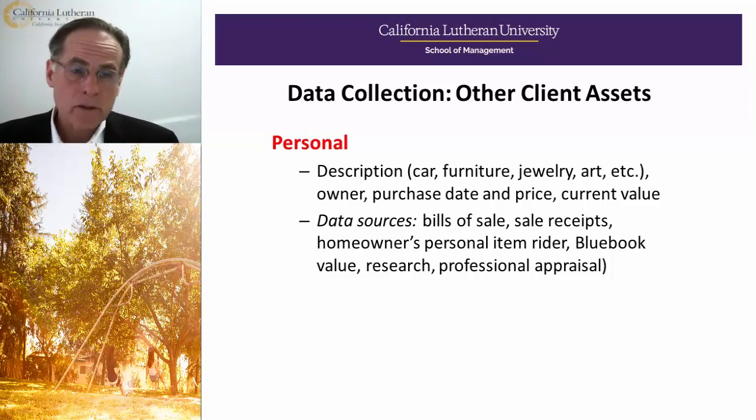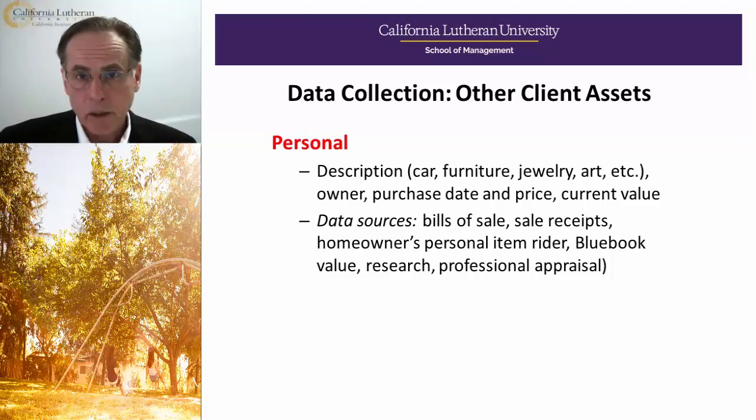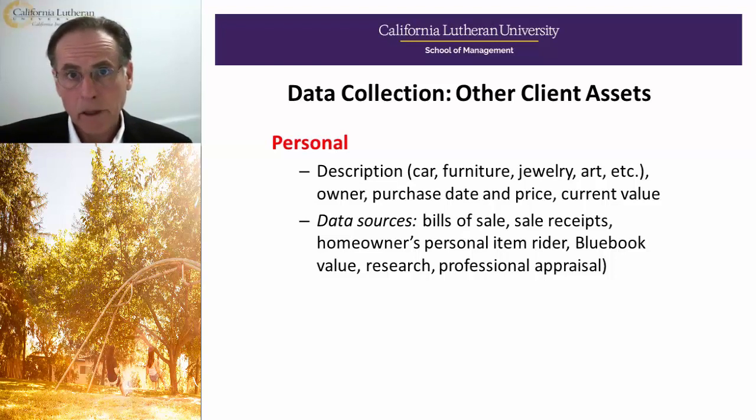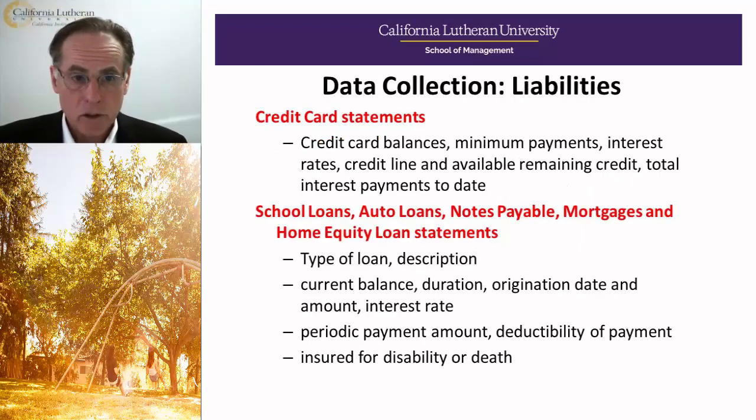Now, as we move to the right side of the ledger, we're looking at the liabilities. And we start from the top of that, and you know that is the shortest duration, the quickest maturity, right? And so we're looking at credit cards in that case, and then we move into the longer term liabilities, school loans, auto loans, notes that might be payable, home mortgages, home equity loans. And when we get into all these types of loans, we need to find out what it is,